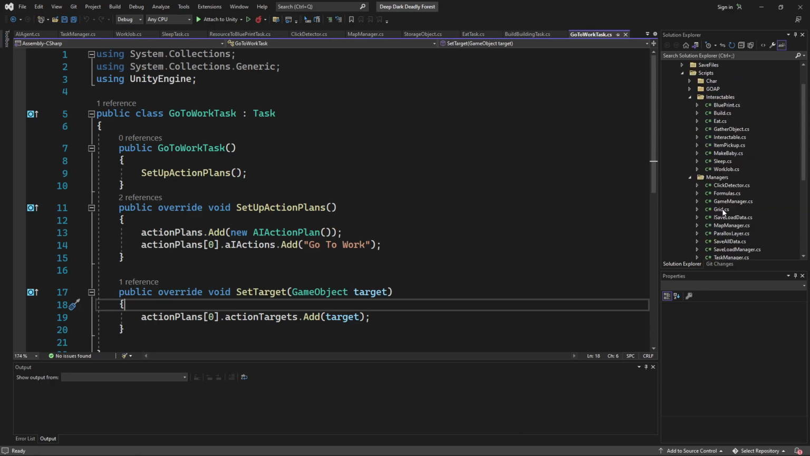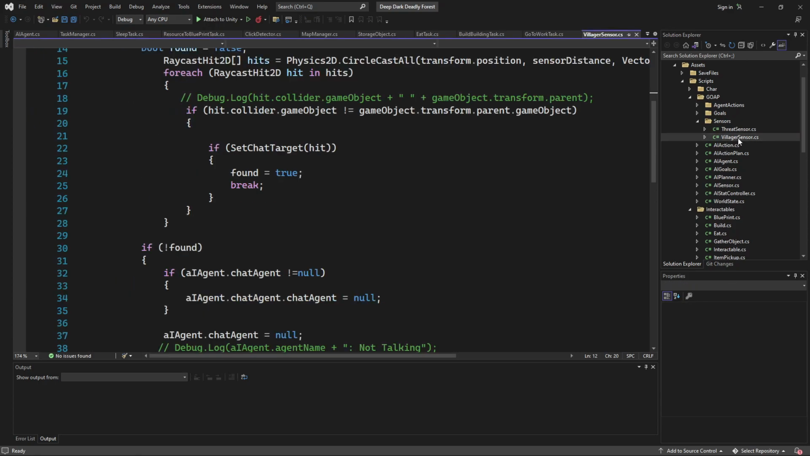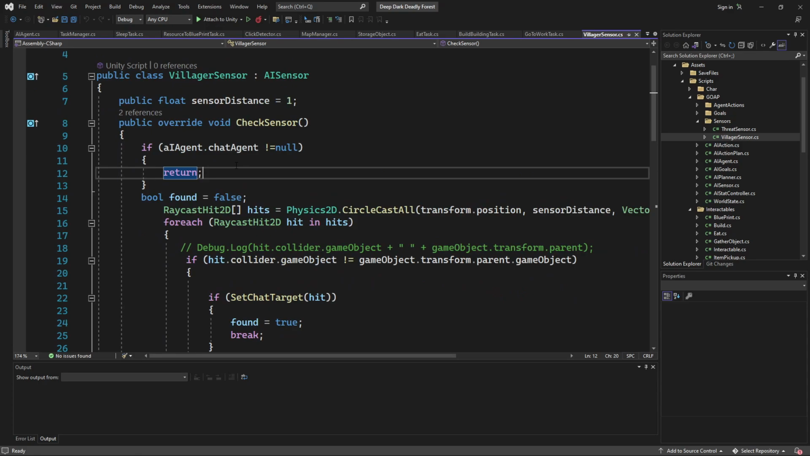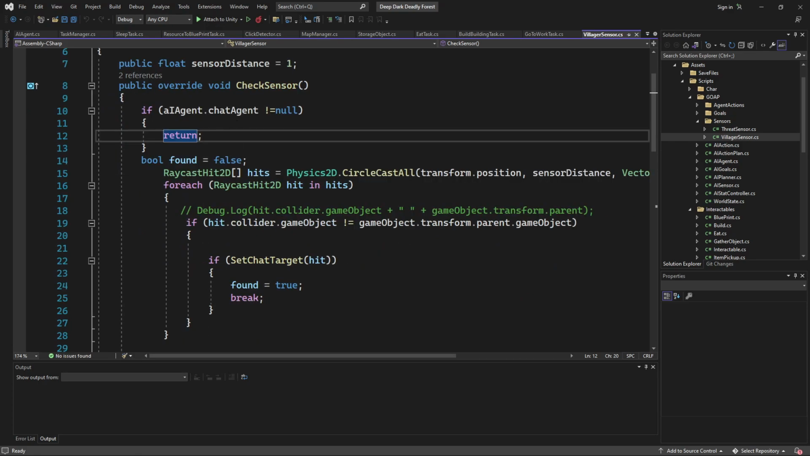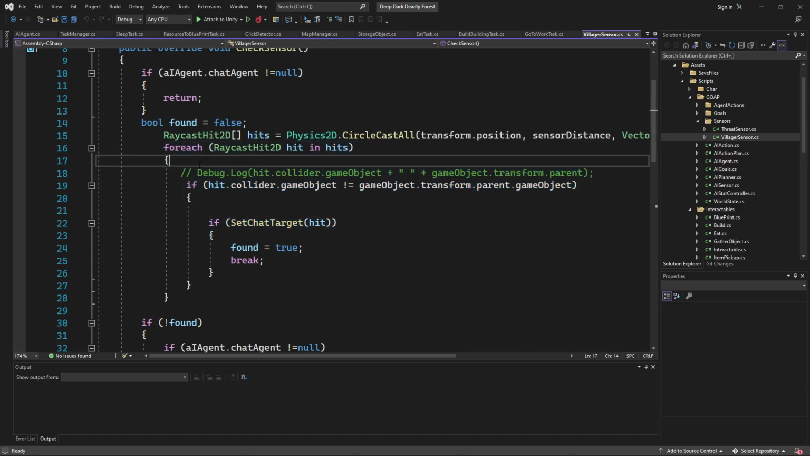I wonder if I still have it here. Maybe it's under sensors. Under our sensors, here's our village sensor. So what I was doing before is, if it's not chatting, we return. We're sending a circle raycast, and it's just looping through everything that's hitting. Well, that's not really efficient at all. Matter of fact, that's pretty terrible